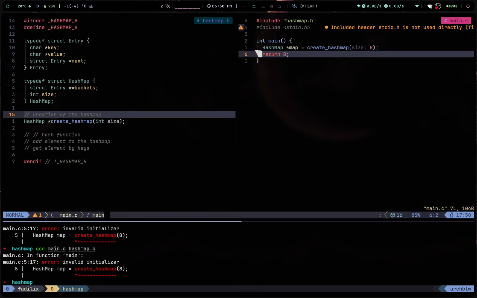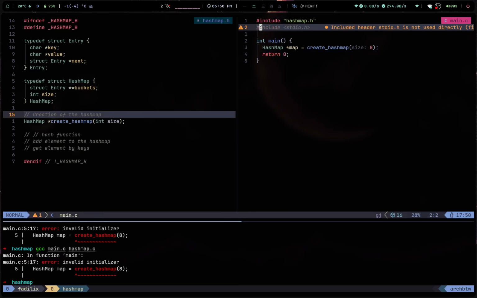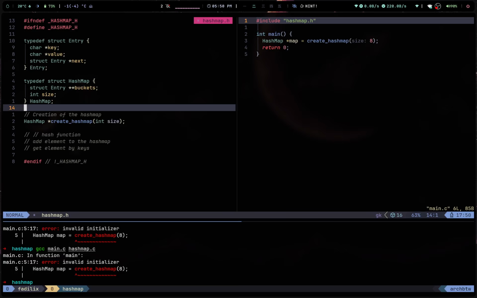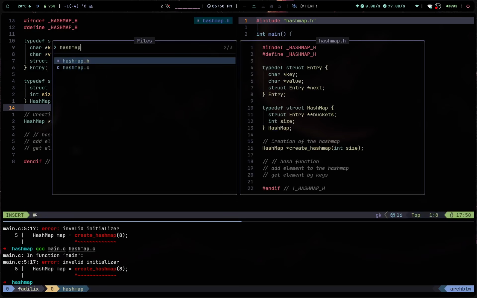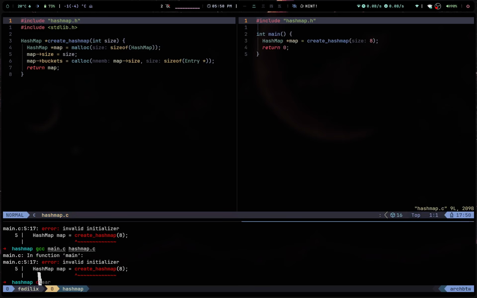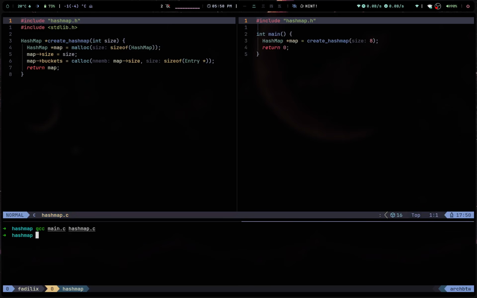Invalid initializer. Did we do something wrong? Hashmap.c. Okay, I think